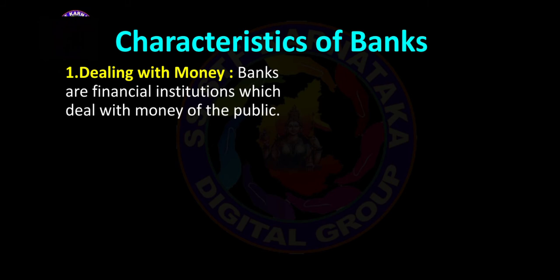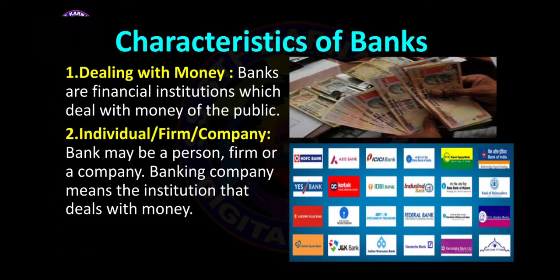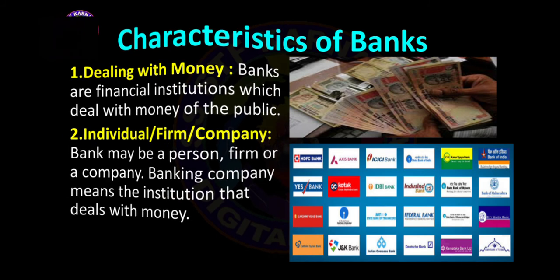Banks are financial institutions which deal with money for the public, individual, firm, company. A bank may be a person, firm, or company. Firm like an industry, okay, maybe a person, an industry or a company. Banking company means the institution that deals with money. Then next,